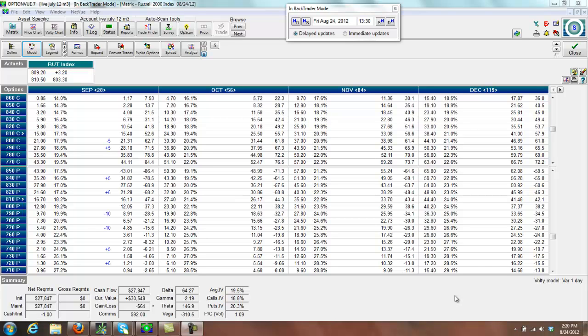Good afternoon, everybody. This is a further discussion on the delta issues we're having with Thinkorswim and OptionVue. I did a lot of research and so forth, and I was just going to share what I dug up. I've talked to Thinkorswim and OptionVue. Of course, they both claim their default models are correct, but we're going to take a look at why the